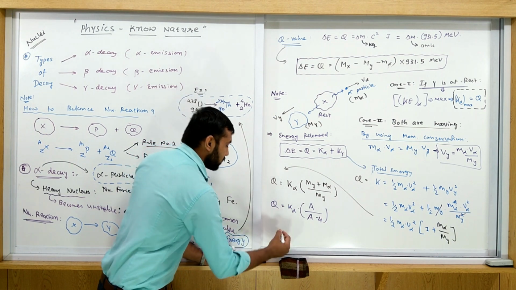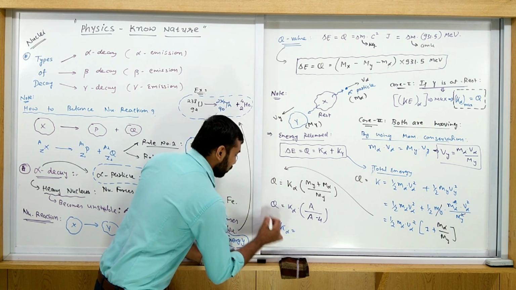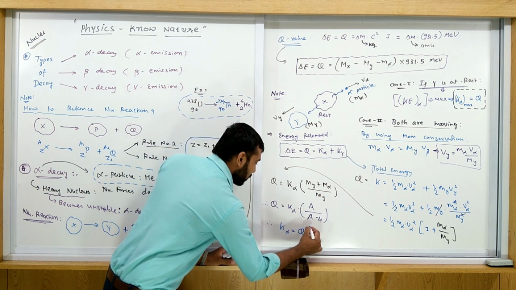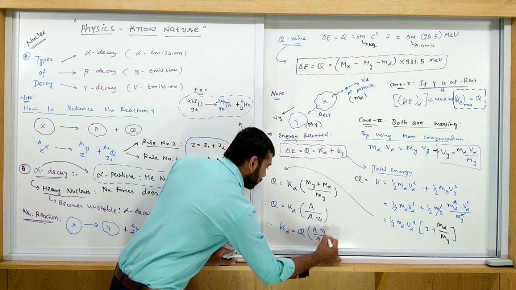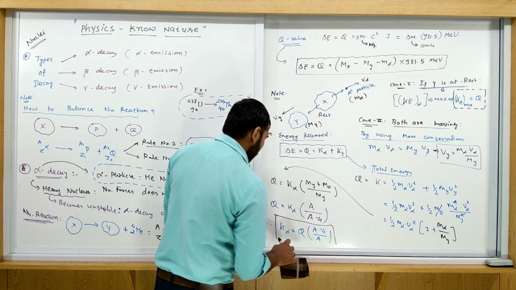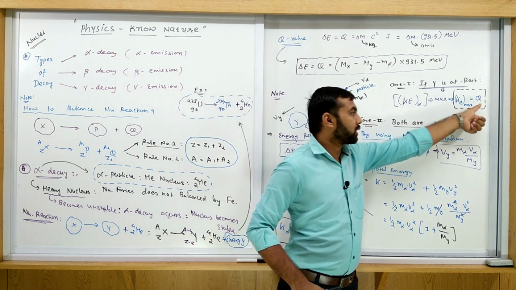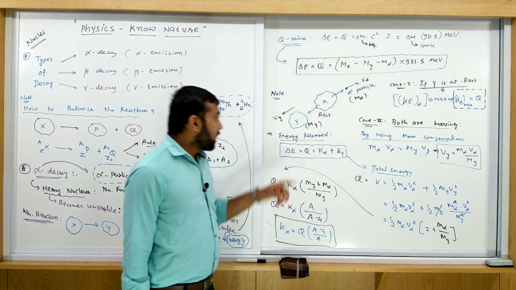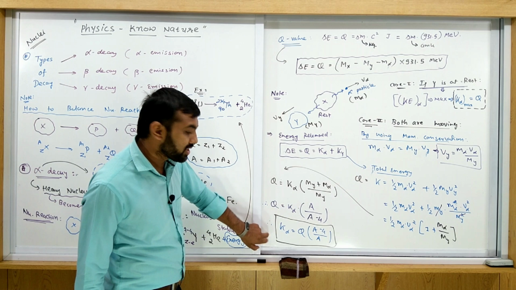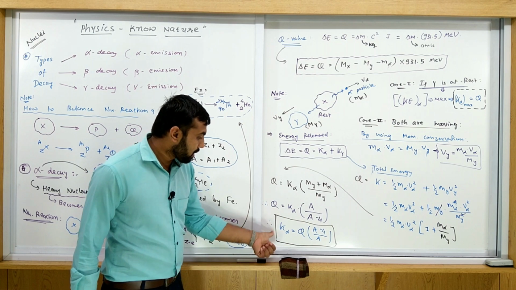So finally from this equation, the kinetic energy of alpha is given like this. Taking K alpha on one side of this equation, K alpha is equal to Q into A minus 4 upon A. When Y is not at rest, the kinetic energy of alpha is given by this one. If Y is at rest, then the kinetic energy of alpha is given by this equation. So we have two cases here, and whenever this type of question is asked in examination, you use this equation directly. At that time we do not derive this equation, so you must remember this equation.